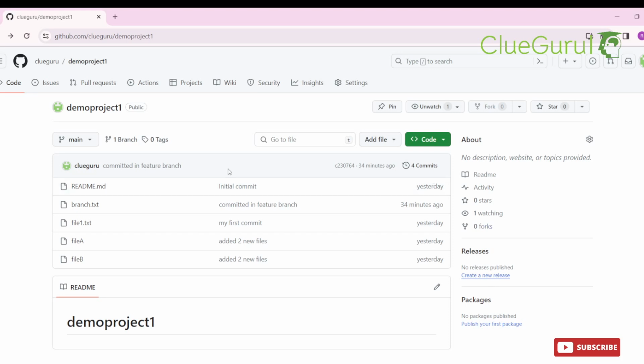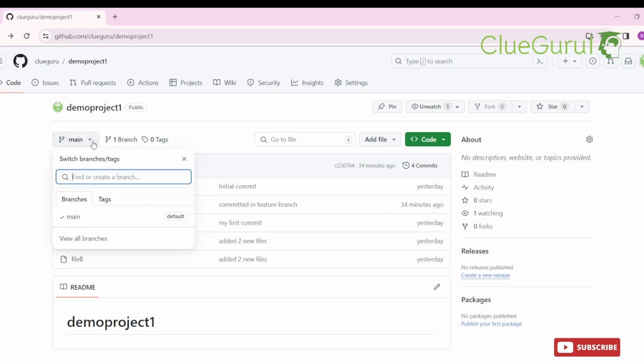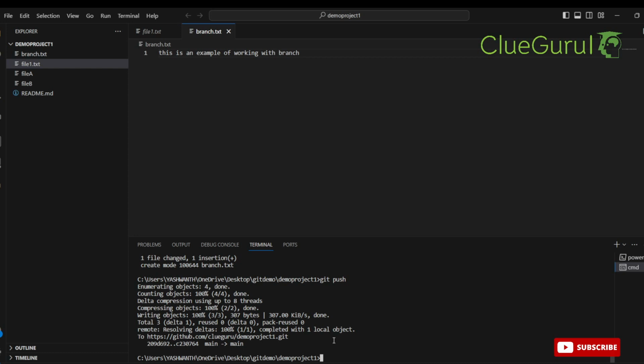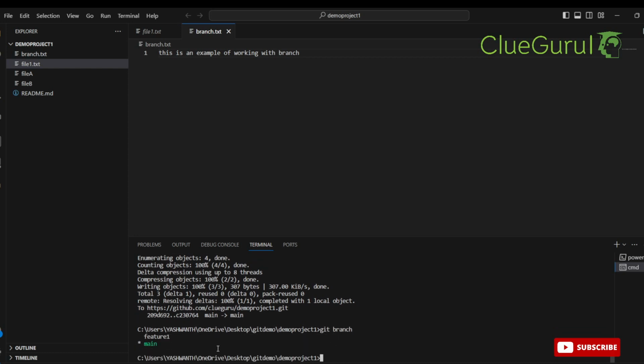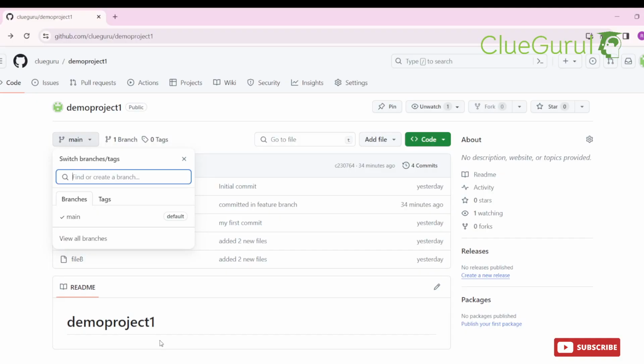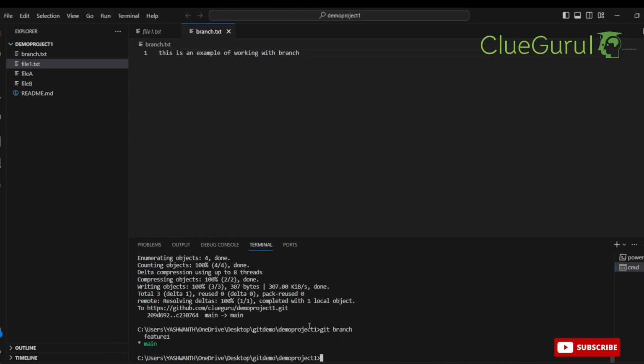Now that we have learned working with the branches, I just wanted to showcase one more problem that beginners usually encounter. Currently, I have created one branch locally, which is the feature one branch. If I execute git branch, I do have a feature one branch. This feature one branch is not reflecting here because we haven't pushed any changes from feature to our remote repository, or centralized repo. To do that, I'll simply check out to